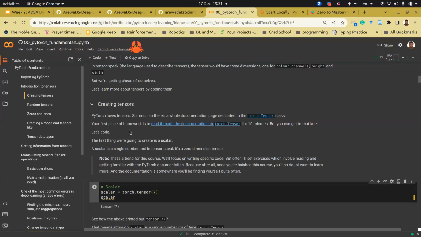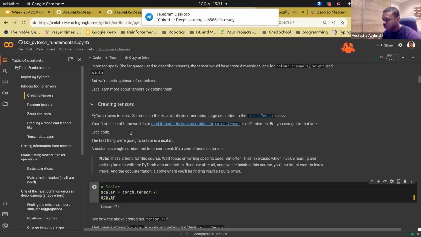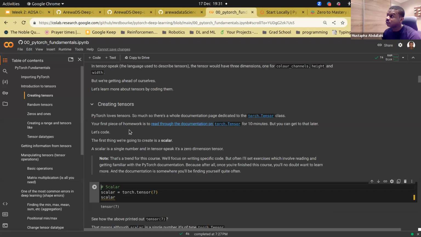Here we are going to look at creating tensors. As I said, a tensor is just a data structure, and with tensors you could create different dimensions of the data structure. One of the simplest dimensions you could look at is the scalar